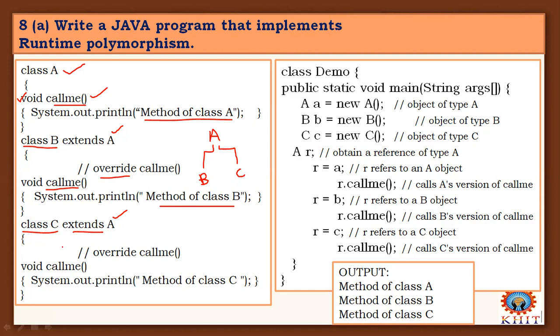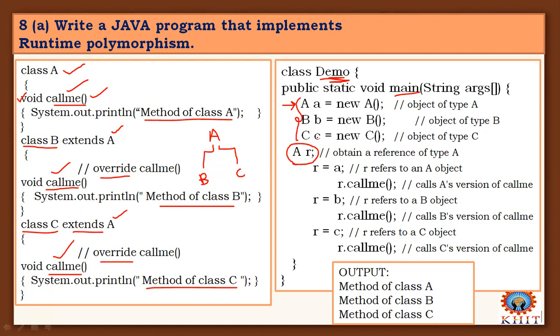So inside of this C scope, there is a method called callme displaying the statement: method of class C. It is also an overridden method. We call these methods overridden because these two class method names are the same as the superclass method name callme. And the magic here comes in the main class Demo, inside the main function. We have just created objects of these classes A, B, C, right? But we are taking a reference. This is the resolving step of that overridden method calling.